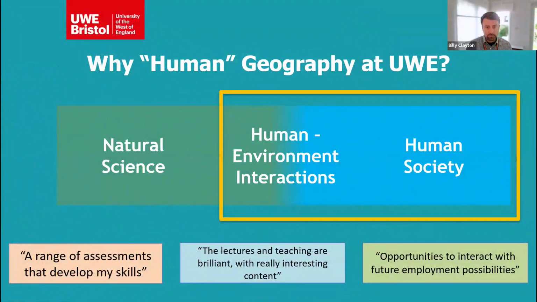Just to start off, I want to talk about the difference between human and physical geography and just explain how our two courses here at UWE are focused on those two areas but sort of complement each other. Within geography in general, we're looking at the world and we're trying to understand physical processes in the world and also social processes in the world, you know, our human interactions with the environment around us and what we can do to improve things for the future and address physical and social challenges.